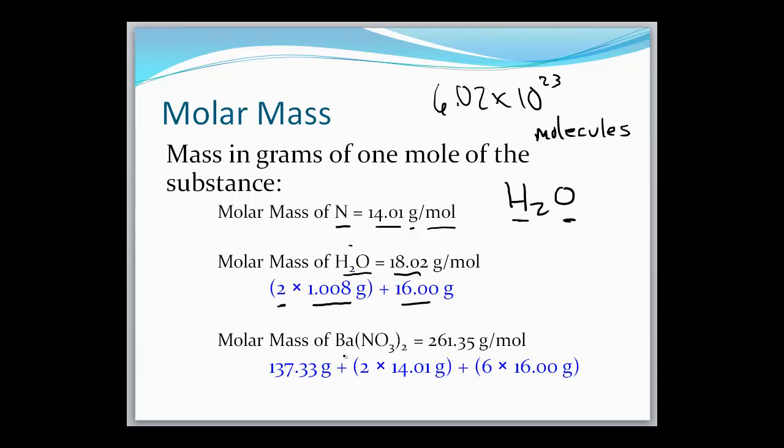If you look at a compound like barium nitrate, now the difference here is you've got that polyatomic there with a subscript behind the polyatomic. So you just need to account for everything. You've got 1 barium. Now, since this is in parentheses and there's a 2 behind there, that means you've got 2 of this entire thing. So you've got 2 nitrogens and 6 oxygens. So our mass of barium from the periodic table is 137.33. You've got 2 nitrogens, like we said, 14.01, and you've got 6 oxygens. So when you add that all up, you get